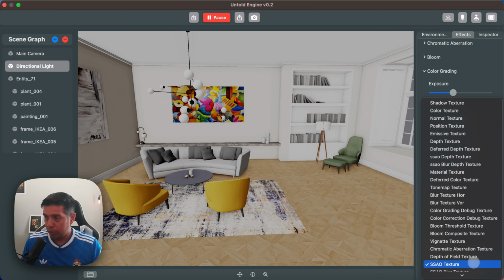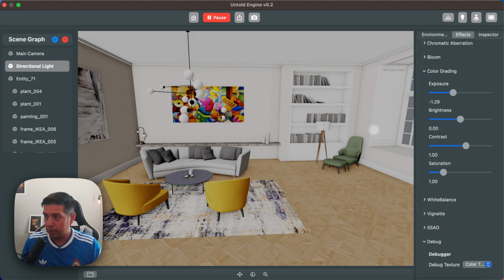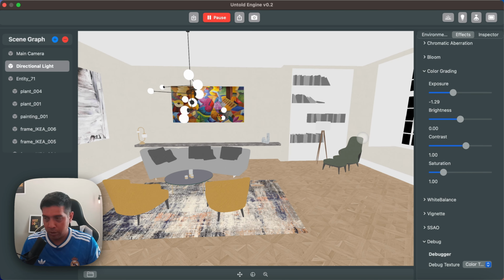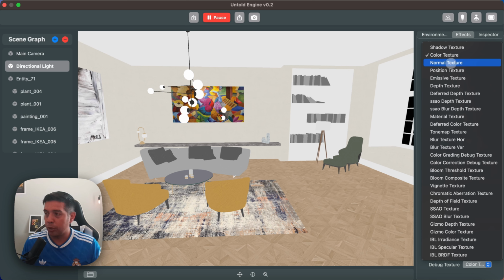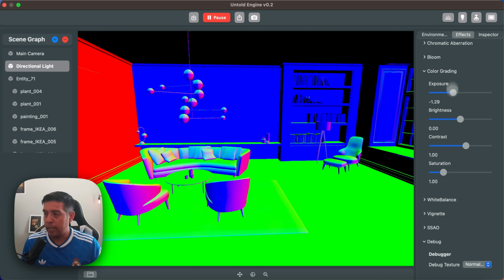So in the first pass, in the geometry pass, what you need to obtain are 3 different textures: albedo, normal, and position textures. Actually, let me show you so you know what I mean. So I'm going to generate or show my albedo texture. That's my albedo. Now I'm going to show you the normal texture,